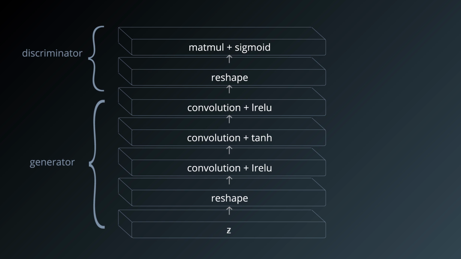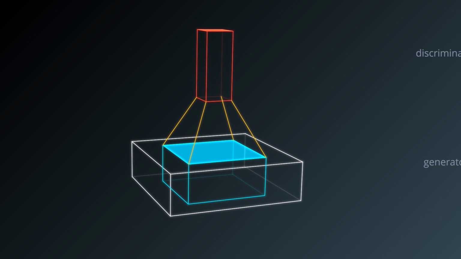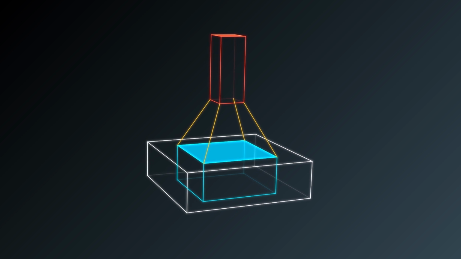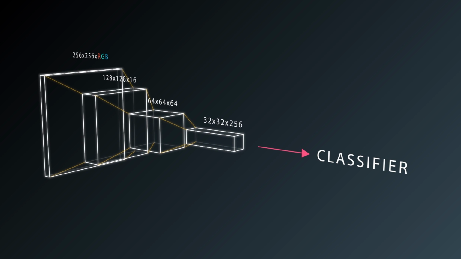The problem is, a convolution expects its mini-batch to be a 4D tensor, with one axis for different examples in the mini-batch, one axis for the different feature maps, and then the width and height axes. To get the random input into this format, we have to use a reshape op near the start of the generator. For example, we might transform a mini-batch of vectors that each contain 1,000 entries into a stack of 10 feature maps that are each size 10 by 10.